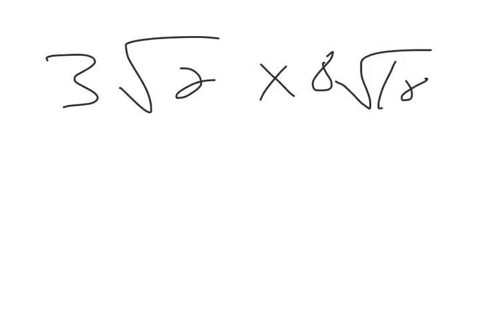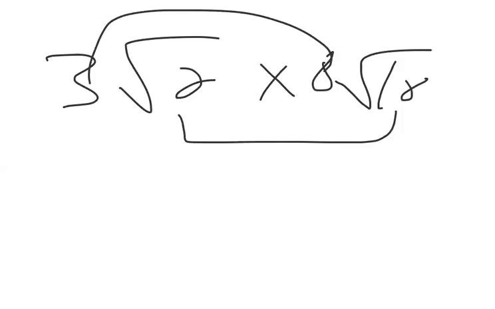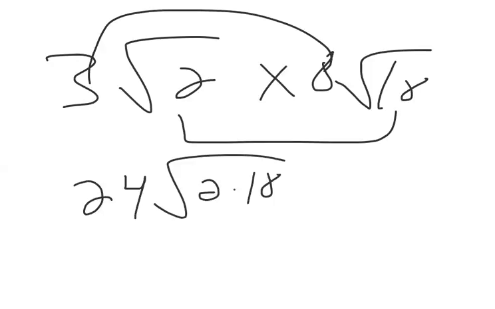So when you have square roots, you can just multiply the things together. Everything's been multiplied together. So just do 8 times 3 because that's easy: 24. And that becomes the square root of 2 times 18 inside, because you can multiply to get it into one radical. The same way you could do,